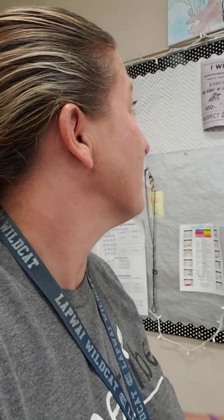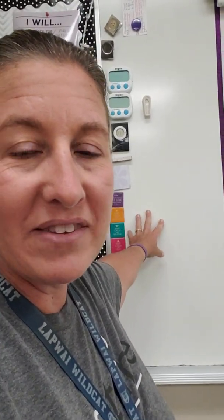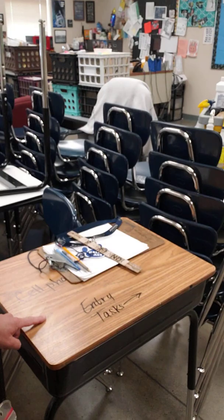Normally here you can see my calendar hasn't been changed for the new year, but I usually have a calendar going on with all the things that are going on that we need to be aware of. And then of course we have timers and everything, and normally here I will have the schedule of what's going on for the day, what standards we're looking at, things that we're aiming to learn, and all of those great things. So also my desk that is normally over by the door, it will have your entry task every day,